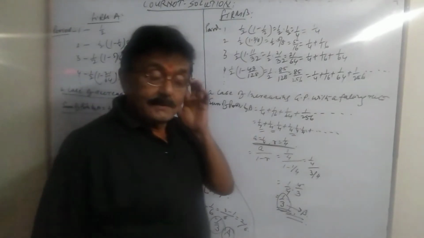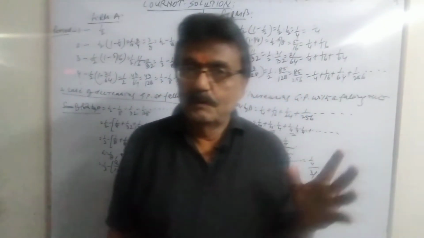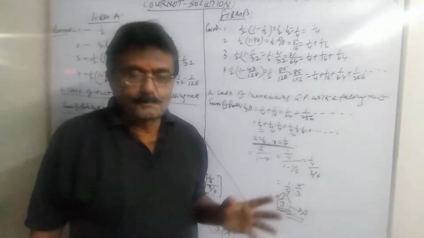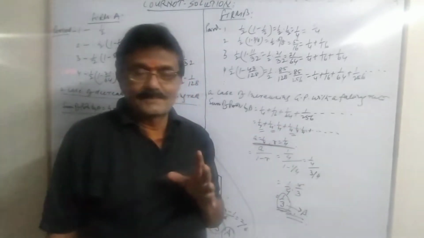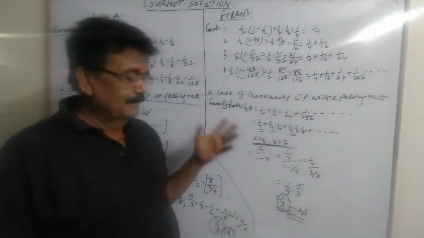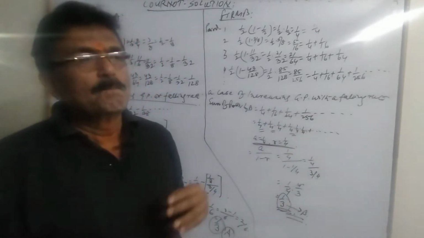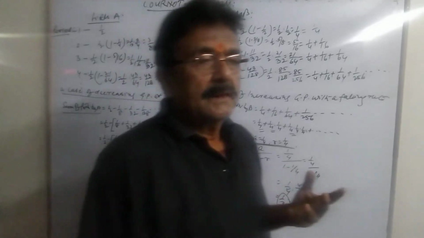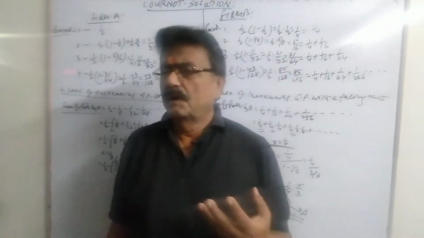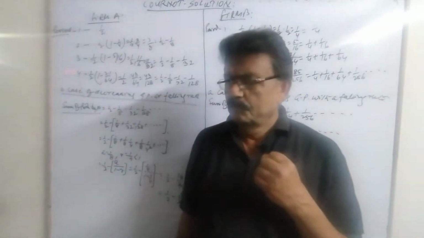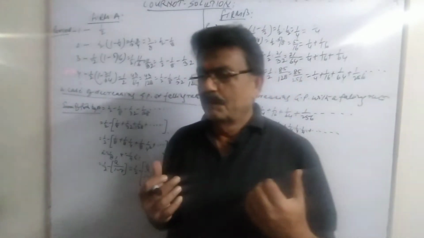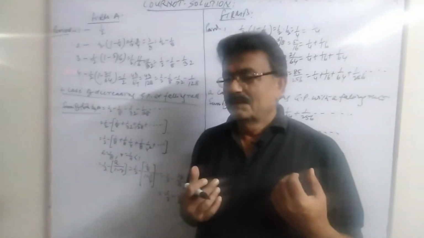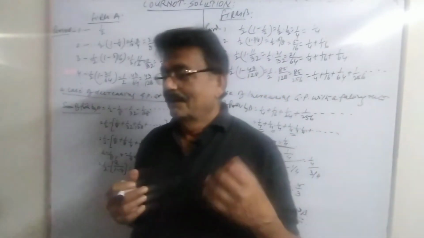Welcome students and viewers. As committed before, I had told in the earlier video that this is the Cournot model. I explained there theoretically all the assumptions of the model diagrammatically. And there I had told that in a separate video I'll explain that in a duopolistic market, if two players are playing, both act as a monopolist, both are the costless monopolist that we had seen in the last video and the last lecture.